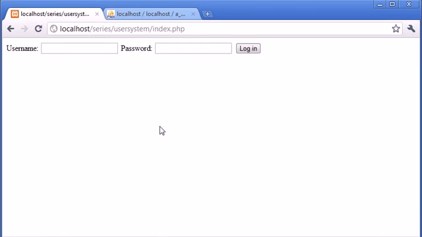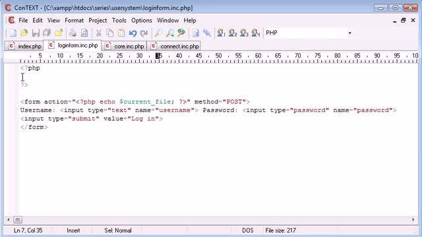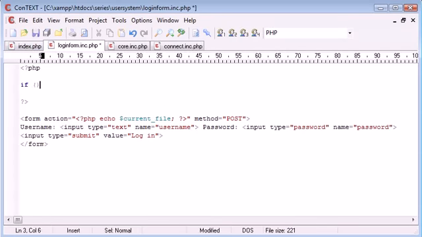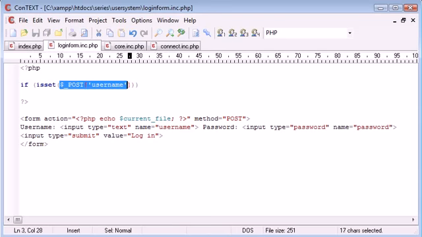Okay, so you can see that we've got this login form now. So the next thing to do is process what's going to happen when this login form is clicked. So we can view an example of what's going to happen on the index.php page, even though we're processing it inside login form because we've included it. So let's first of all check if the username and password have been set, meaning the form has been submitted. So you may have seen this example a few times before. So we're saying if isset, and we're wrapping that in brackets, and we're specifying this post data that's coming through, and isset $_POST username,